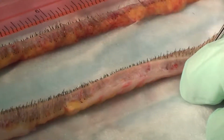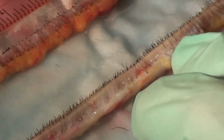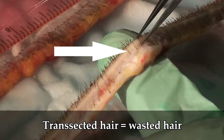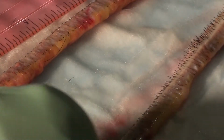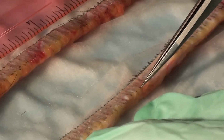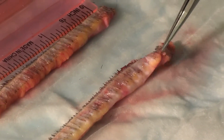Now when we go through the scar, you can see once again very little transection because there's no hairs in the scar, so everything's nice and clean the whole way through. This is what a transected hair looks like right here. Where you see these two cut hairs where they don't have a bulb, that's a transected follicle, okay? So those basically are no good. So we lost 2 hairs there. But outside of that, let's look at the rest of the strip. The rest of the strip is nice and solid the whole way. So on this whole scar, you might only have lost maybe a few hairs in the harvesting process,